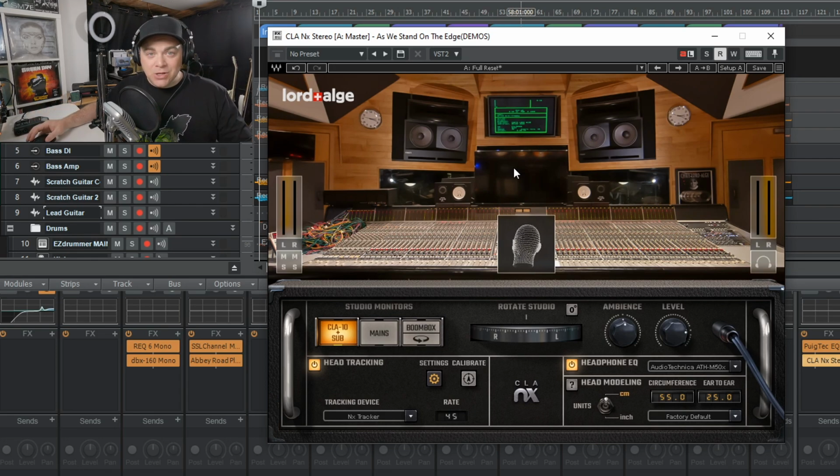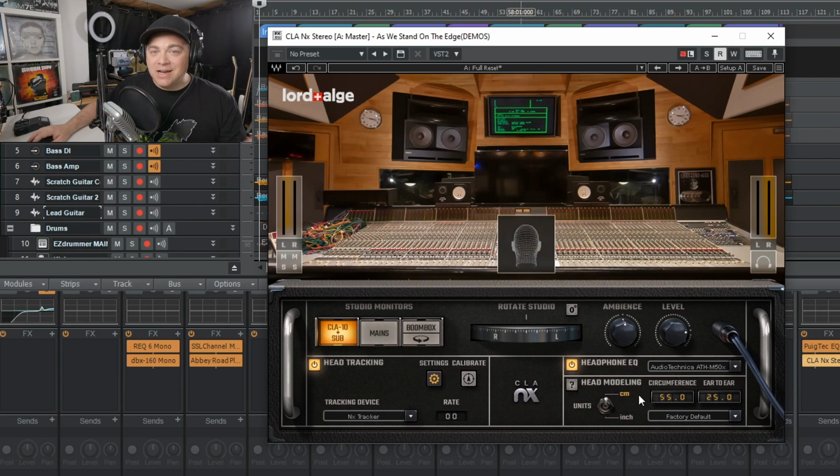It's pretty cool if you can grab one of these Waves NX head trackers. If not, this will also work with your webcam on your computer, and it can track your movements that way. But you don't have to use the head tracker if it's something you don't want to. It's just kind of an added experience. You can turn the head tracking on and off right here. So that's usually the only things that I'll change in here is I'll either turn on the head tracking and turn on the headphone EQ. But there are some other settings in here. Like you have this head modeling where you can measure your head and put in those settings in here, and that can make it even more immersive for you if that's something you want to do.